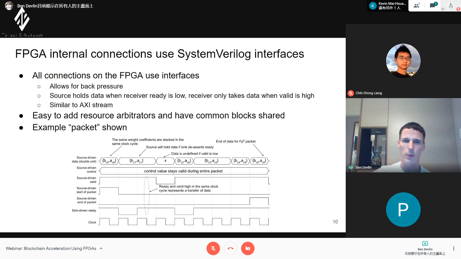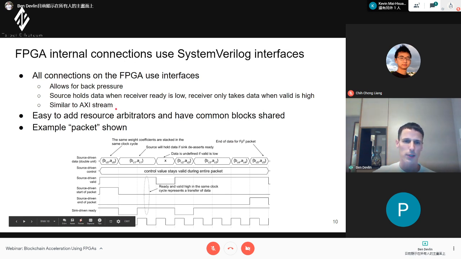But as the system gets more and more complicated, and you have multiple things in parallel, this can be quite complex. Using interfaces where we have a ready and a valid signal allows us to plug and play different blocks. For example, if we want to put a really high performance multiplier on the FPGA, we can just plug and play, as long as it works with this interface.